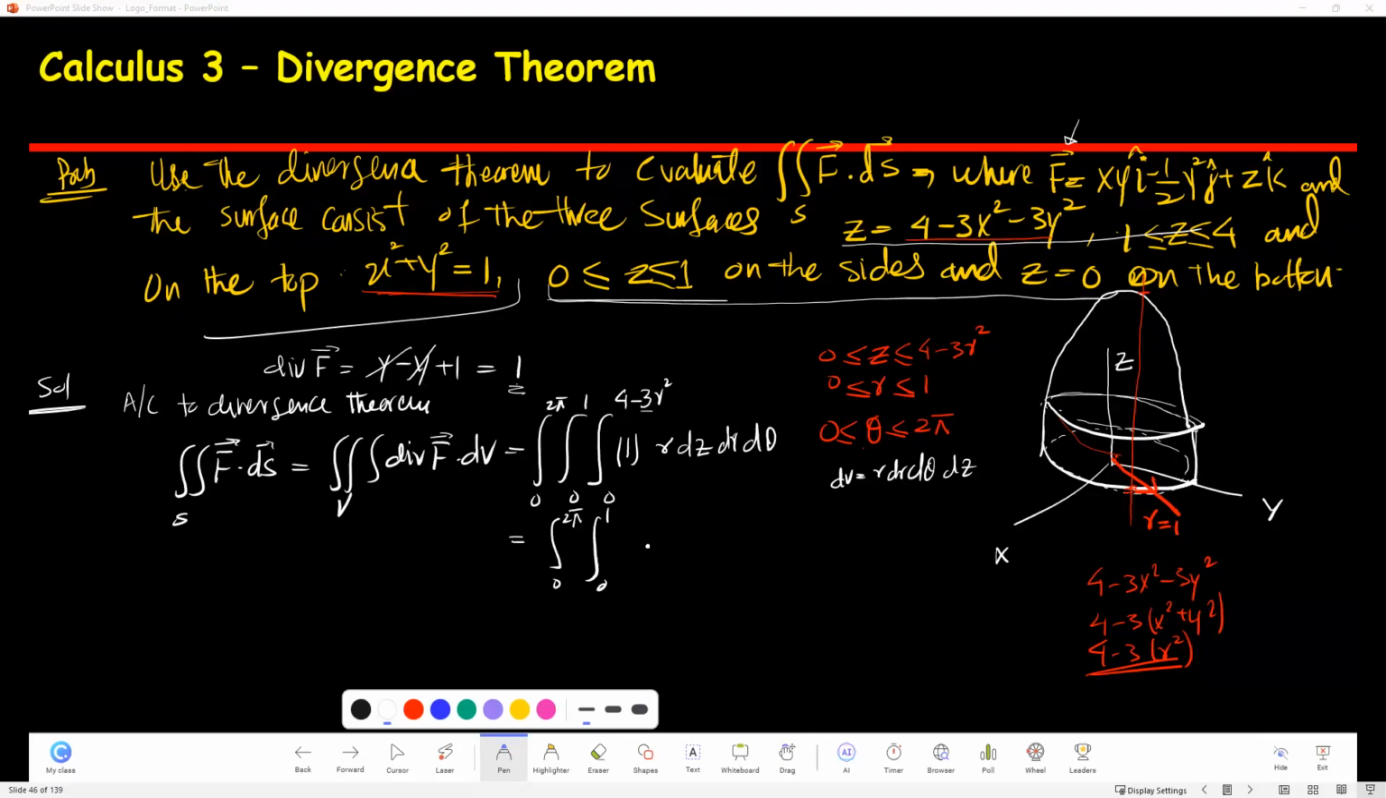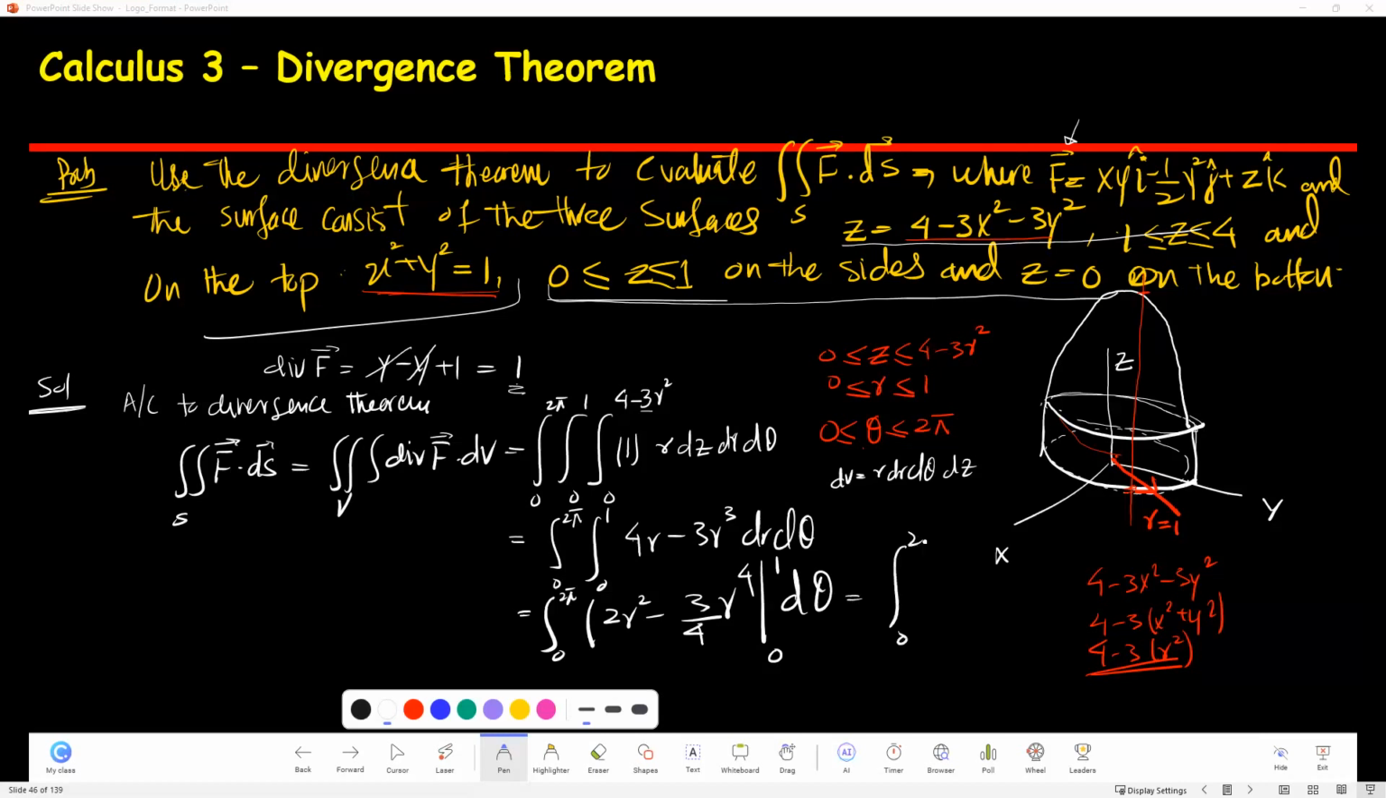So I'm going to take the integral of this. It's going to be 4r minus 3r cubed dr d theta. I take the second integral, it's going to be 0 to 2 pi. And if I take it with the dr, it's going to be 2r squared minus 3 over 4 r to the fourth, from 1 to 0, and d theta. If I take this integral, it's going to be 0 to 2 pi, 5 over 4 d theta. If I take the last integral, it's going to be equal to 5 over 4 and then just